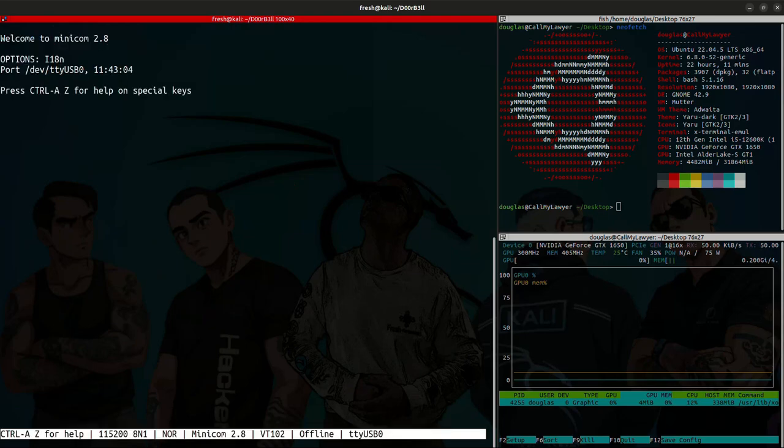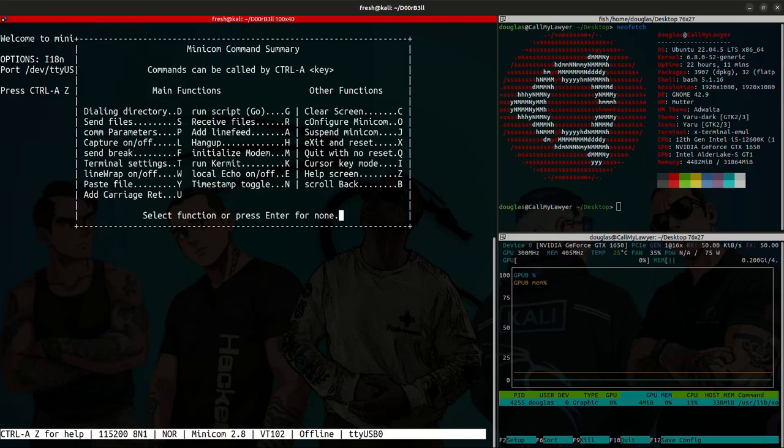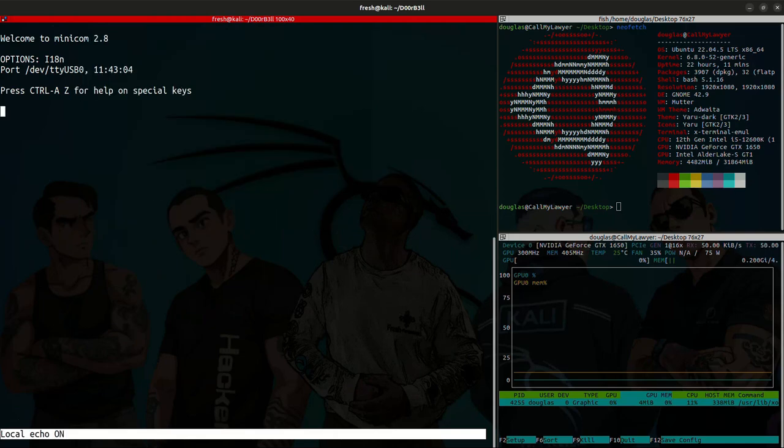Go ahead and start that up. I'm going to attempt to transmit data, or in other words, communicate with the device and not just see the logs. To do that, I'm going to press Control-A-Z. That'll pull up the options for minicom, and I'm going to turn on echo by pressing capital E. Now echo is on, so if I type hello, it allows me to see that being typed into the